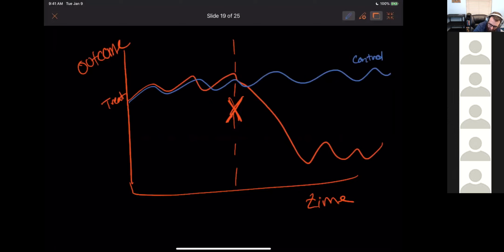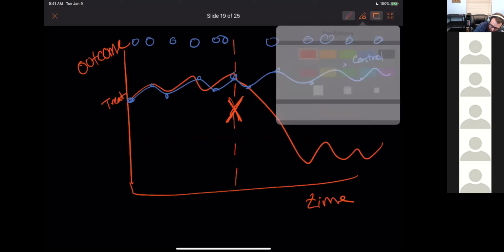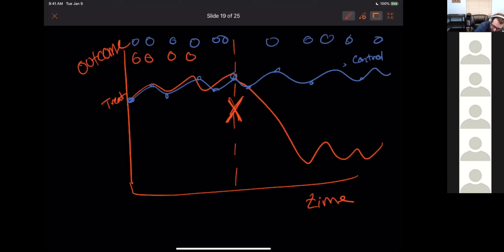And maybe you have 1, 2, 3, 4, 5, 6. So you say that this is a 5 point, and then 5 more, something like this. And then I take my red group, and then I have the same 5, but then they get the X, and they also have 5. So this is really all you're doing, mapping this out and trying to basically come up with what is the pattern I should see. If our control group in this example is the blue group, and this is a nutrition program,